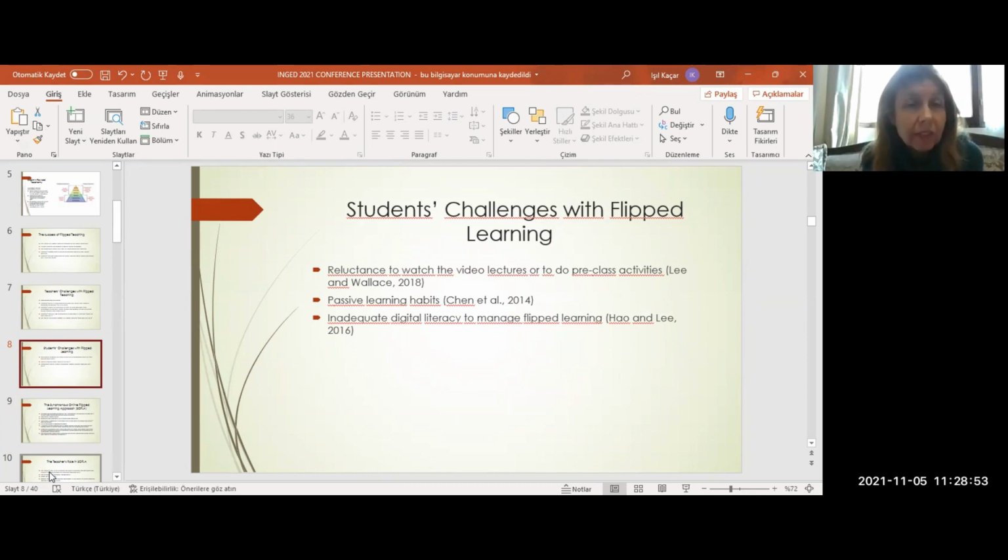Mainly their reluctance to watch these video lectures or to do pre-class activities, and their educational background, passive learning habits, for example, might also pose a challenge for them, and also their inadequate digital literacy to manage flipped learning. Because flipped learning is actually a mindset. So it takes a while for students just to get used to flipped learning